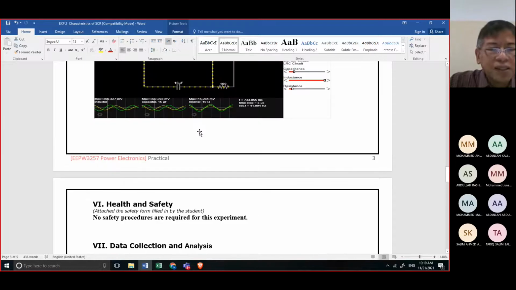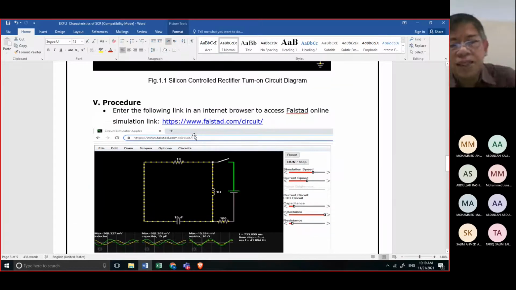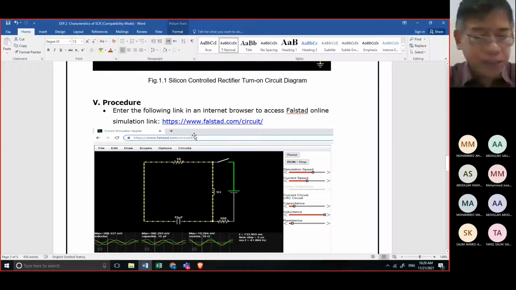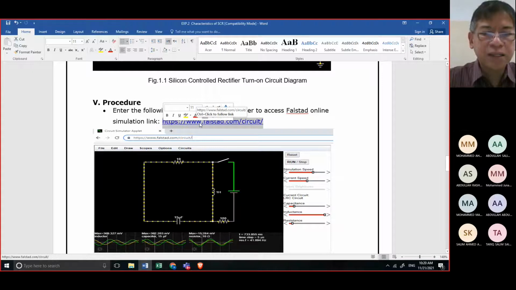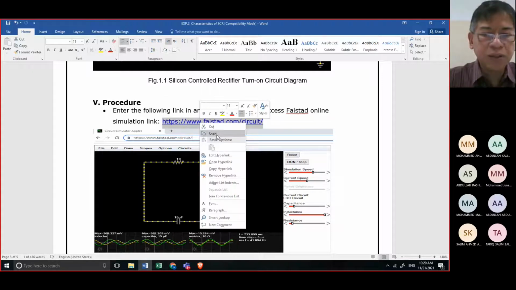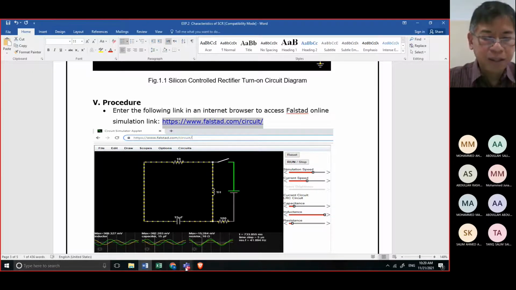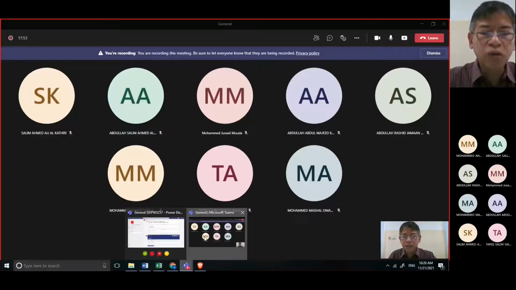So this is now the link for your Falstad. I hope that you are using your laptop or computer, or I don't know if it is possible for your cell phone or mobile phone. I will copy this to your chat room.